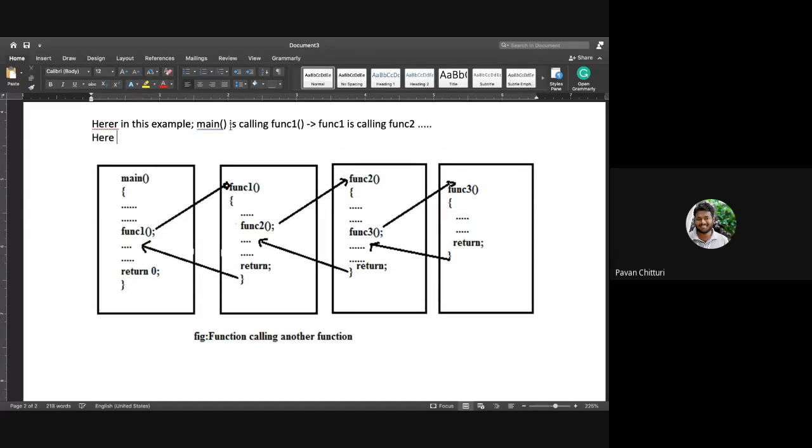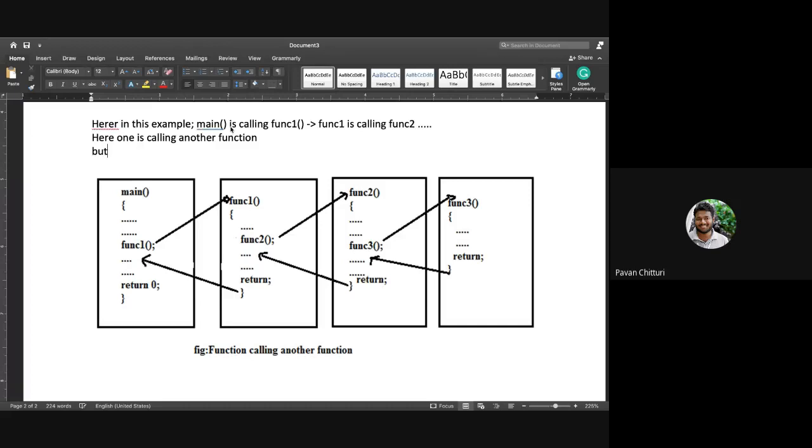Here one function is calling another function, but if the function calls itself, then it is called recursion. So with this recursion concept, we will complete the entire functions part in unit 3.